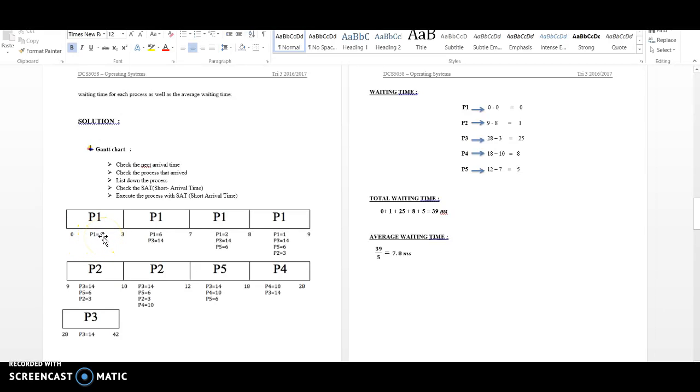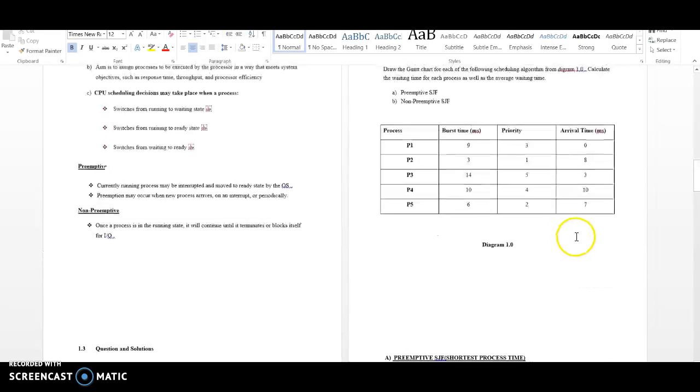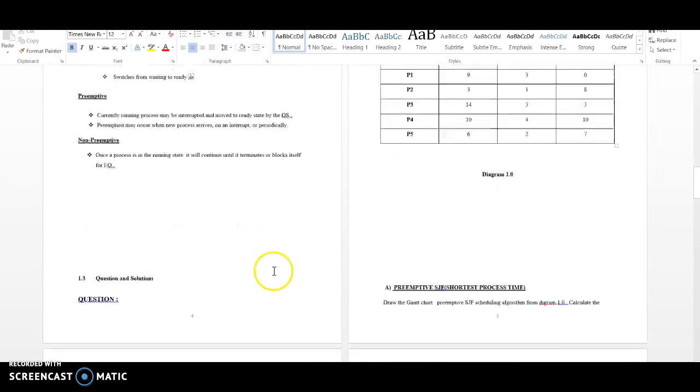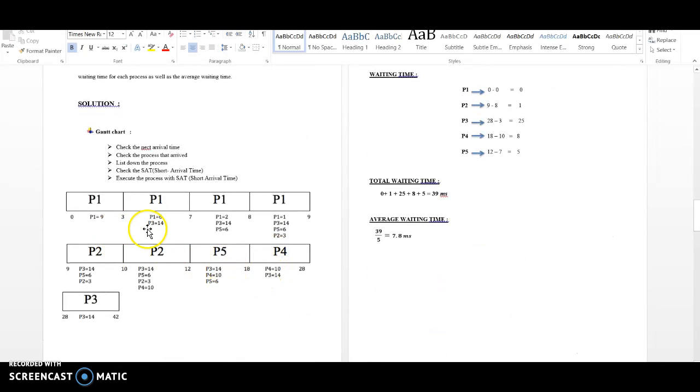Next we move on. The next arrival time is 3. Look here in the table, it is 3. So P3, the burst time has been given, 14. So we have to list it up: P3 14, P1 equals 6. Why P1 equals 6? From 0 to 3 the elapsed time is 3, so we minus it from 9, and we get 6. So we write up the balance